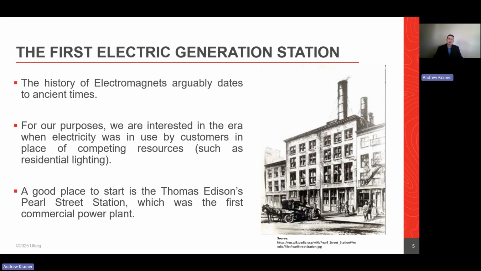But for our purposes in electric resource planning, we're going to talk about the era when electricity was used by customers as a competing resource, for example against oil lamps and things along those lines. And a good place to start is probably Thomas Edison's Pearl Street Generation Station,